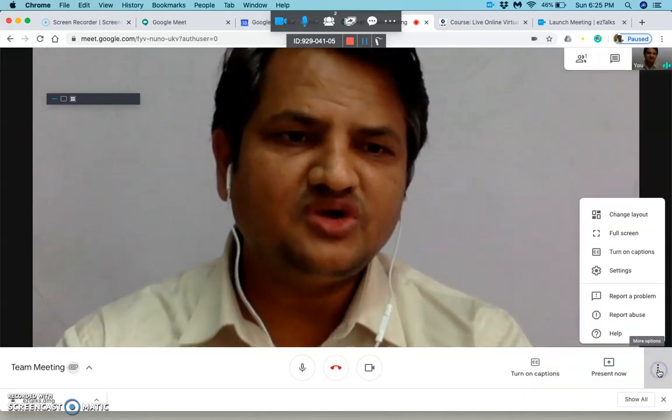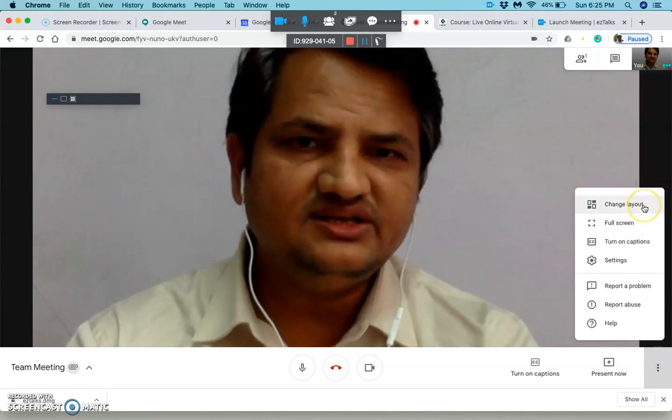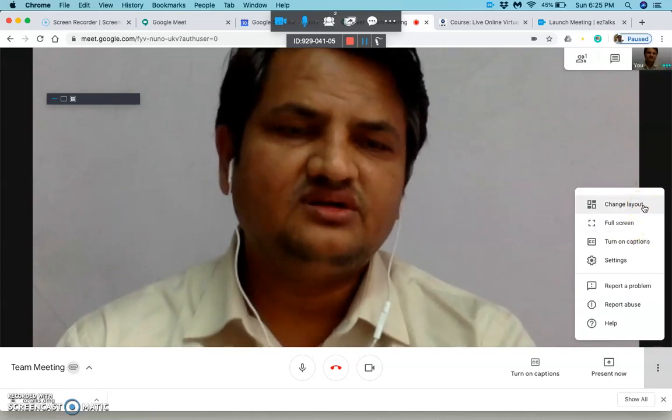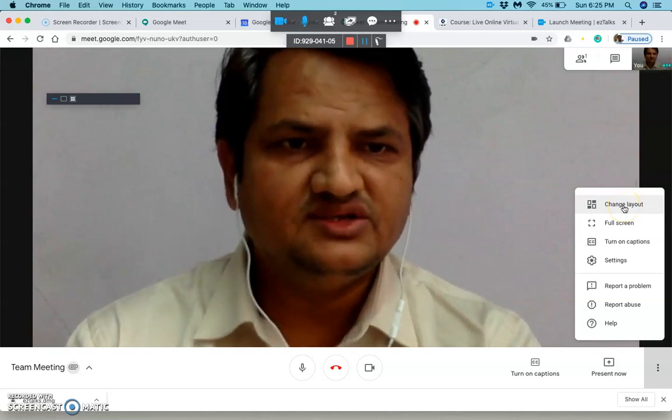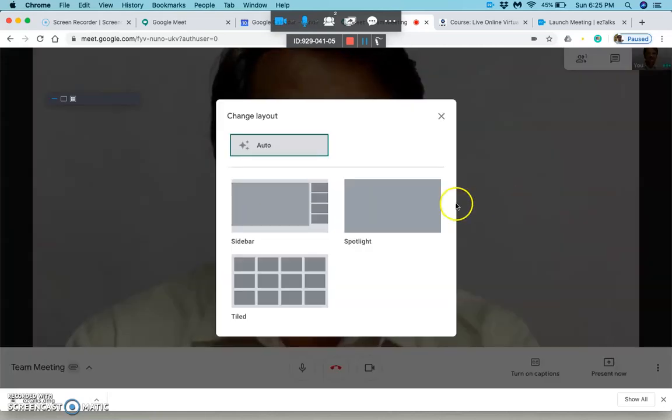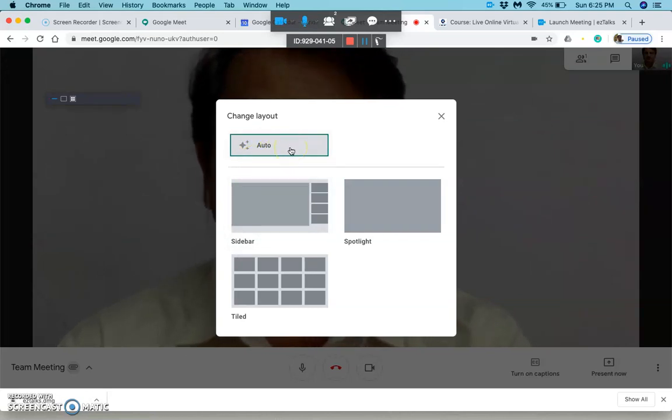Now most importantly, here are some of the features or options we have in Google Meet. So first of all, we can change the layout. So we have a couple of layout formats. So we have got auto format, then sidebar, spotlight, and tile. So this is how we can change the layout.